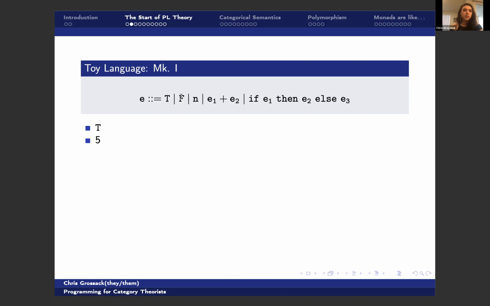Similarly, we can write down false. We can also, for any natural number n, write down that number. So 5, for instance, falls into this n category. That's a thing we can write down. 5 plus 3 is a thing we can write down because we can write down 5, we can write down 3,